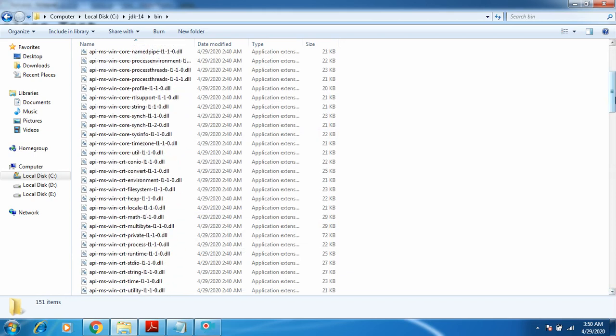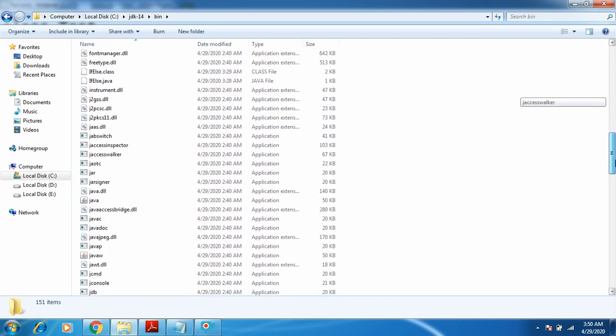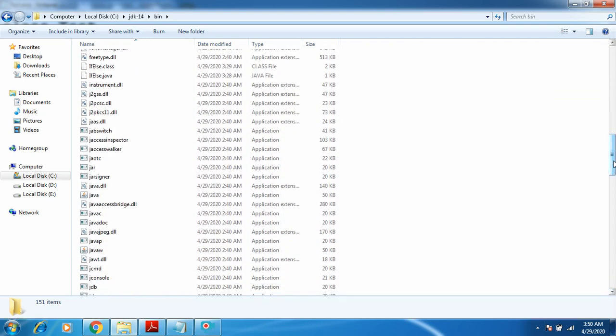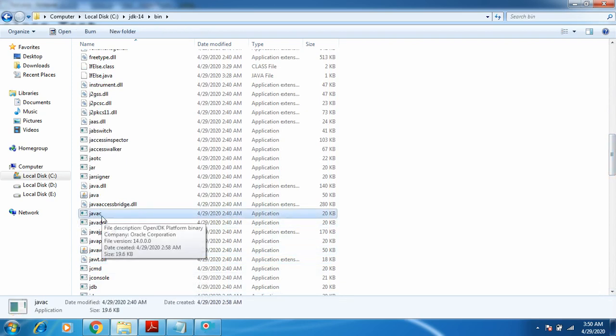Those tools I have already discussed in the class. You can see the first tool which we require, it's javac. Here is javac, which is nothing but the Java compiler. By using this tool, you will be able to compile the Java program, that is, you are converting your Java source code into bytecode instructions, which will be in a file with the extension .class.